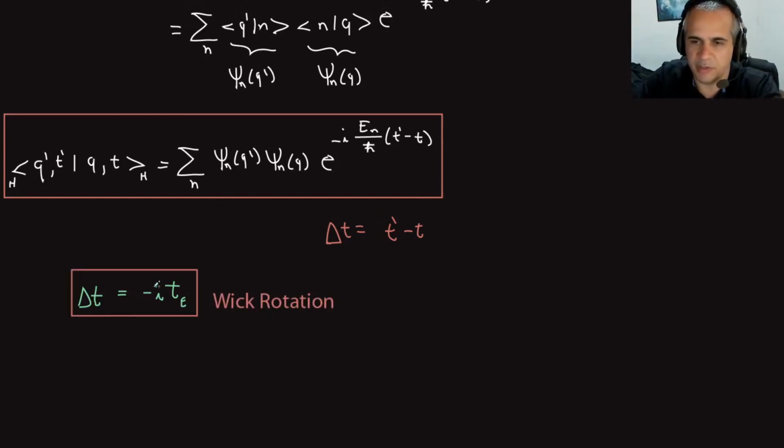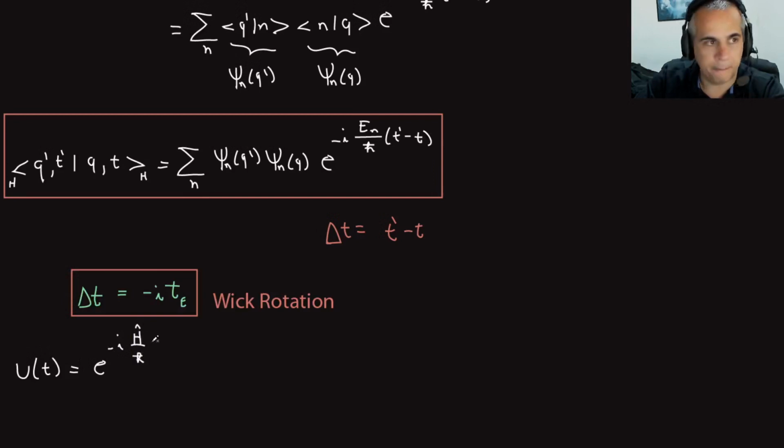I'm changing my variables by rotating in the complex plane, and the direction of this rotation is chosen to keep an important property of the evolution operator, that it is bounded. The moment I extend this evolution operator, exponential of minus i H over h bar delta t, into the complex plane,